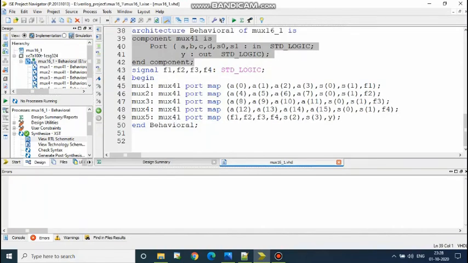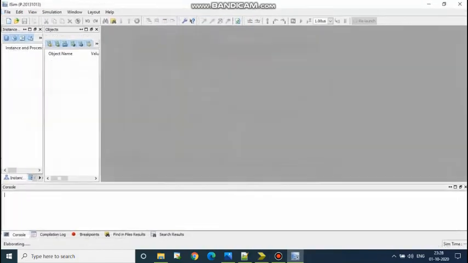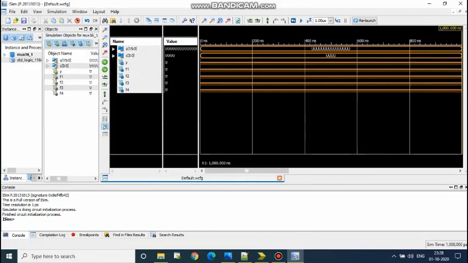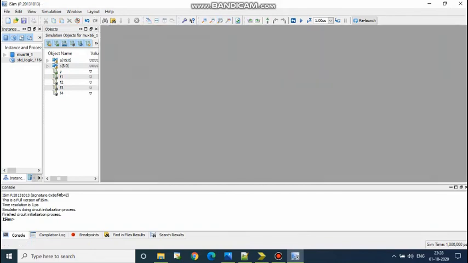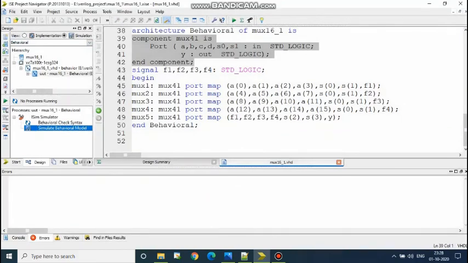So let us simulate it. I have wrongly selected the file, that's why I have to select the test bench.